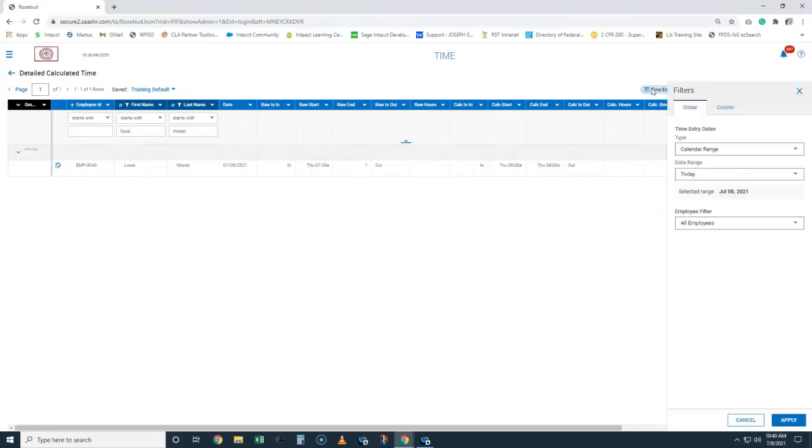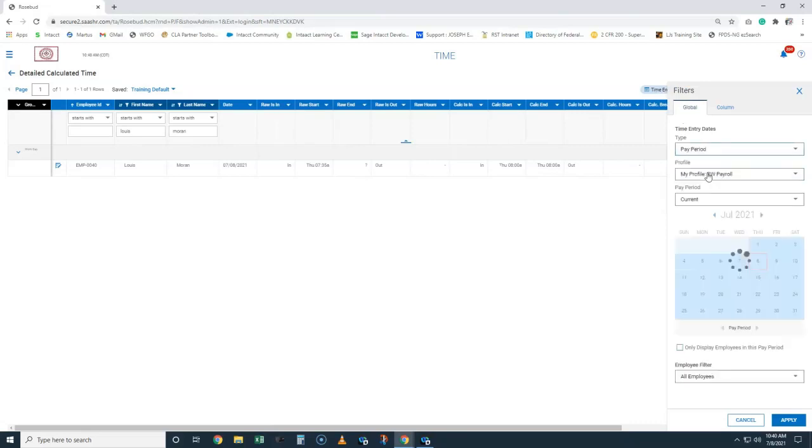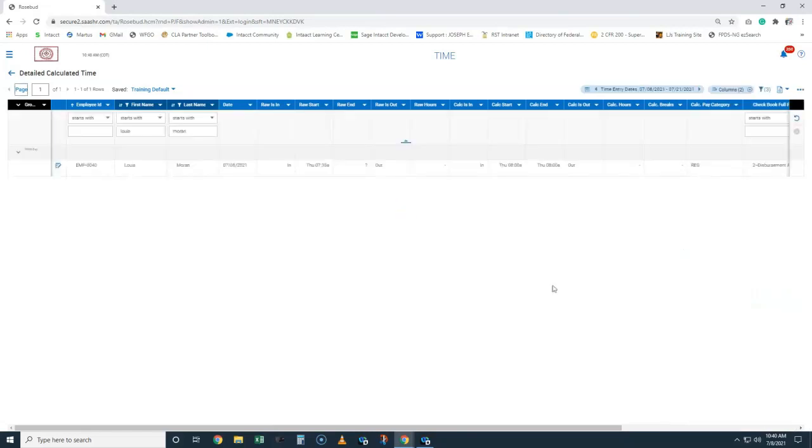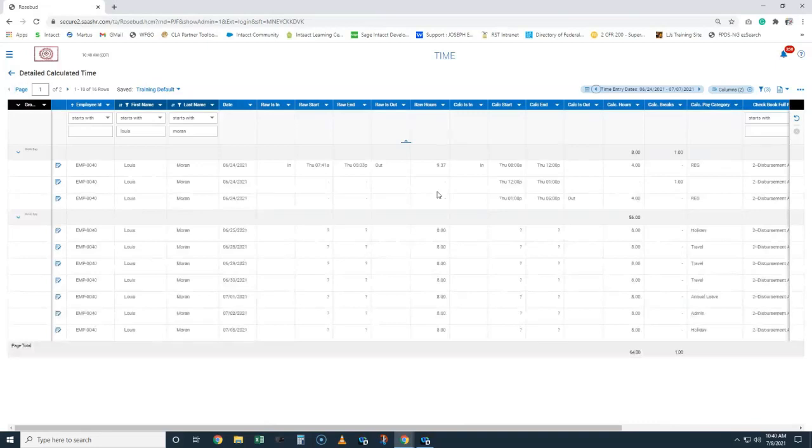We can change the pay period by clicking on the blue part that says time entry today. We want to use a calendar range. We want to use the pay period. So if we use pay period and it's going to say current, let's apply that. Same information, since we're just one day into the pay period. But if I change that to the last pay period, the one that just ended yesterday, we're going to get a pretty big detail of all the different instances of leave on my timesheet. And so this actually goes to 2 pages. If I wanted to see all of that,